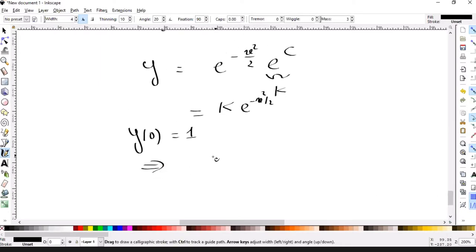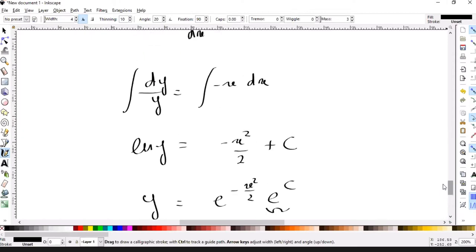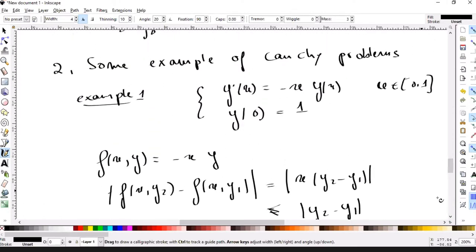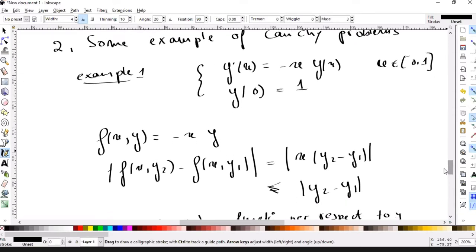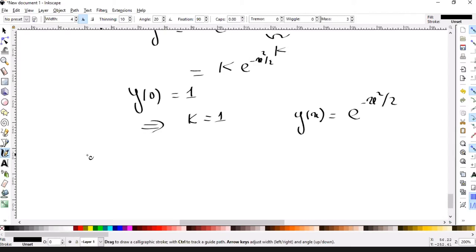Then we can find k is equal to 1. So the solution for this problem is y of x is exponential minus x squared over 2. Right. Now, if instead of 1 here, you have 1 plus some epsilon,